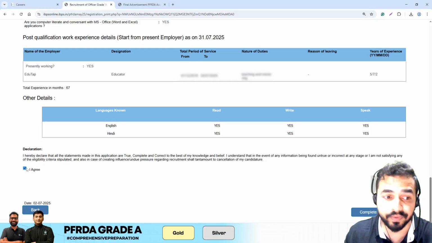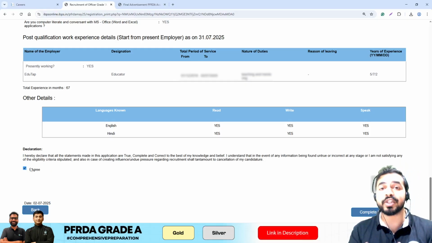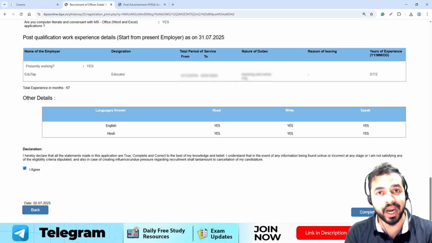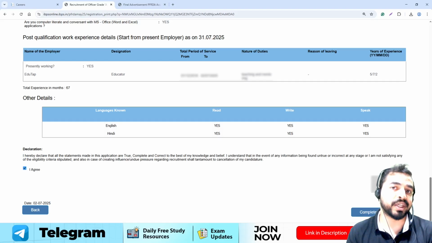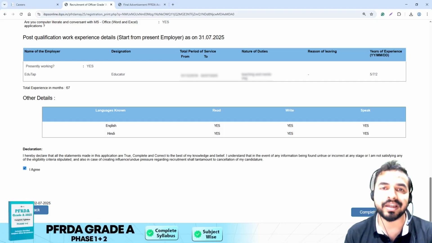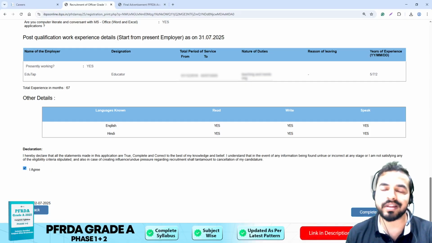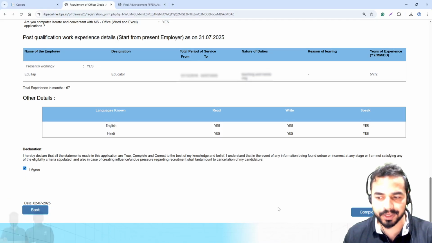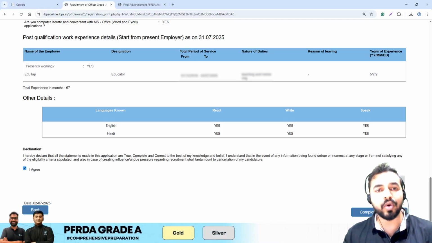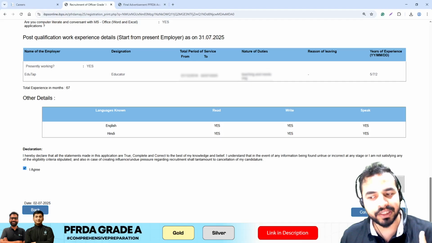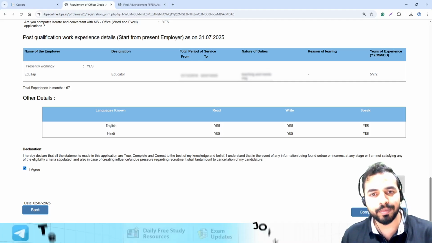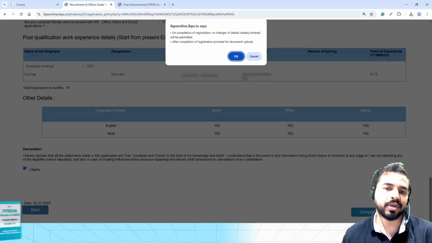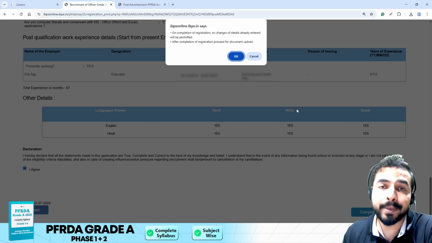Okay, so basically I have ensured all my details are correct here and now I have ticked this box of I agree for this declaration, because it is very important, guys, that all the details I have mentioned here are correct in nature, and if something is found fishy here and false details are there, then PFRDA has the right to cancel my candidature. Okay, so now I am clicking on complete registration. Now guys, let me tell you that when I complete the registration, it won't take me to the payment page. First it will take me to the next page of